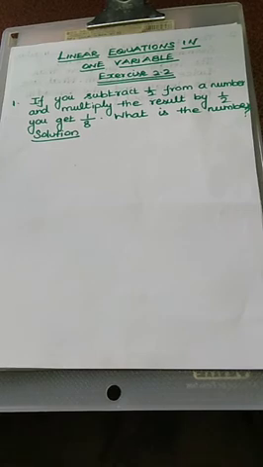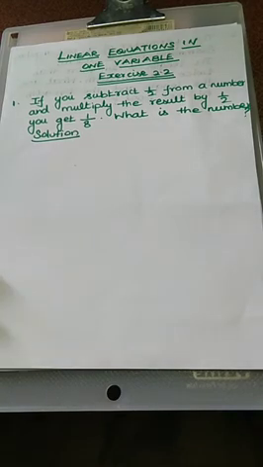Here we are going to discuss a number, but we don't know the number, so we just imagine that number to be x. If you subtract 1 by 2 from a number, we take x minus 1 by 2, and multiply the result by 1 by 2. You get 1 by 8, which means it is equal to 1 by 8. What is the number? We have to calculate that number only.